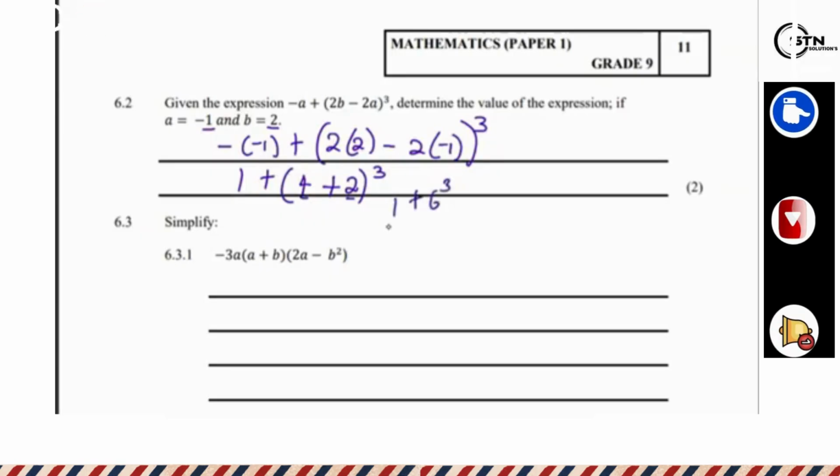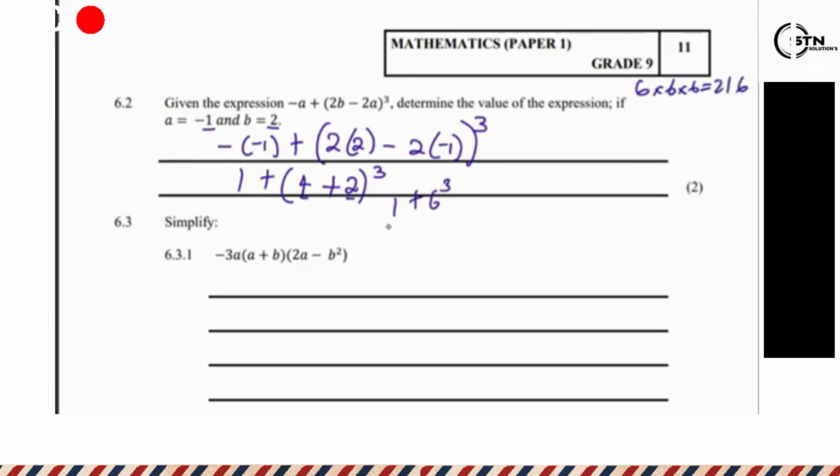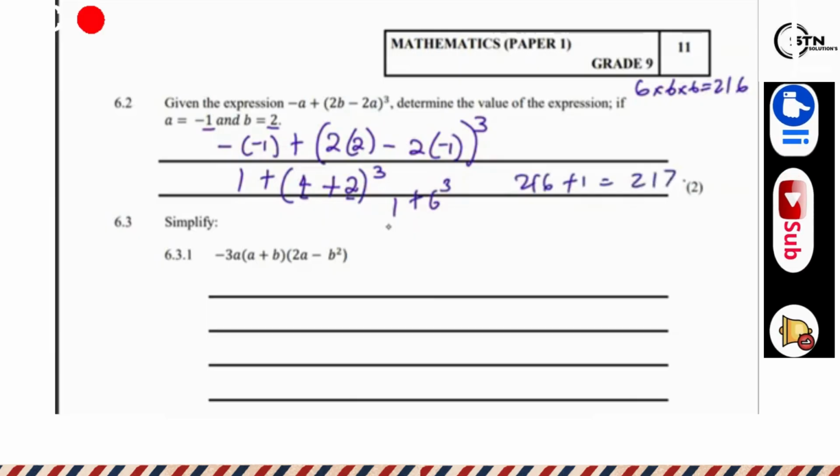We know that 6 cubed is going to be 6 by 6 by 6, which gives us 216 plus 1. So our answer is 217. All right, then